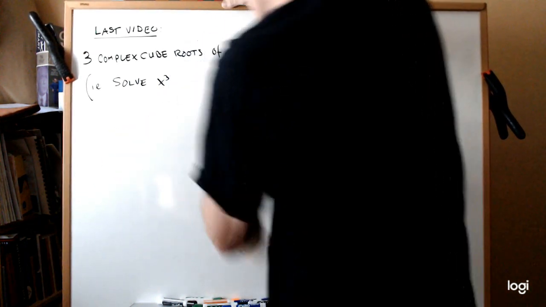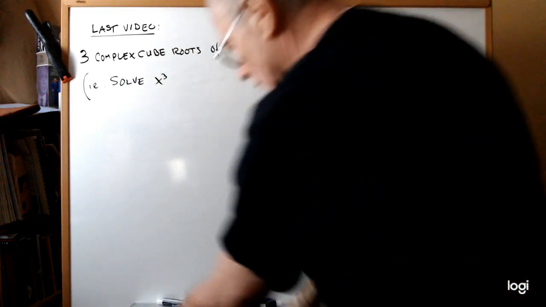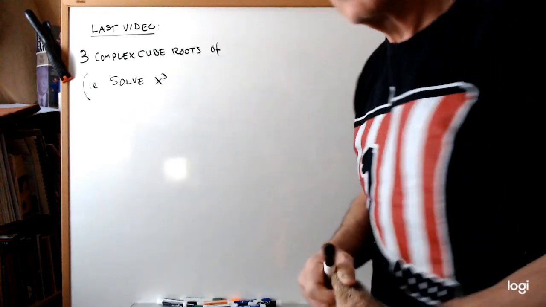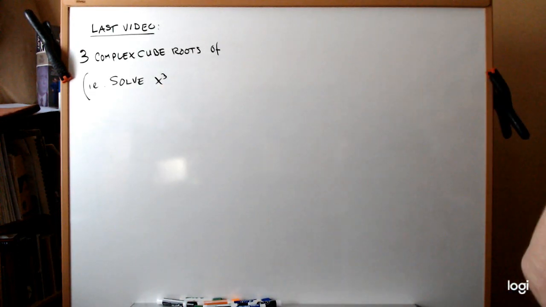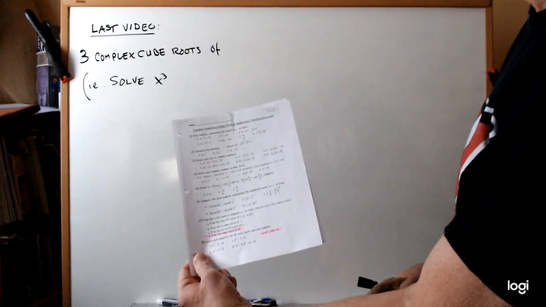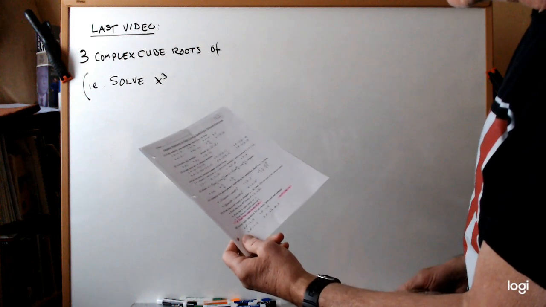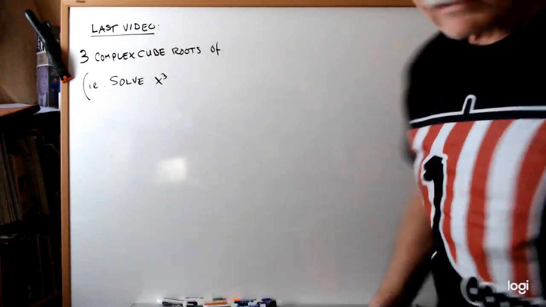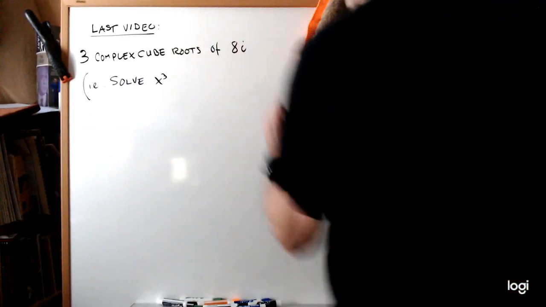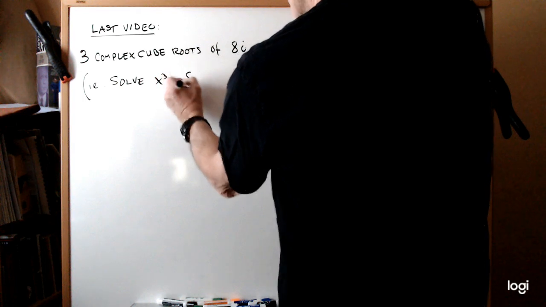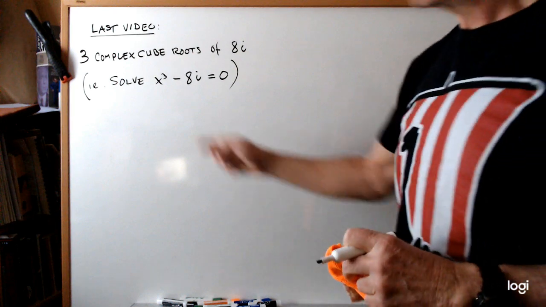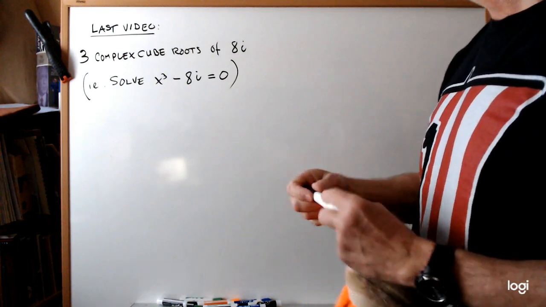Our second example of DeMoivre's theorem in finding roots or solutions of equations is right off of our worksheet, complex numbers in polar form, DeMoivre's theorem exercises. We're going to do 7D, which says to find the complex roots of 8i. And I hope you understand that that would be equivalent to solving the equation x cubed minus 8i